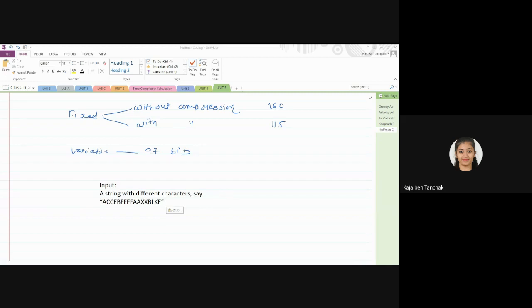Is everyone clear with this? Yes or no? Can you build the Huffman tree and traverse it? Yes or no? So I'm giving you 15 to 20 minutes to completely solve this example. In between, if you find any difficulty or any problem, then please ask. Everyone has to solve it. I'm asking answers from everyone. Fine. So your time starts now.